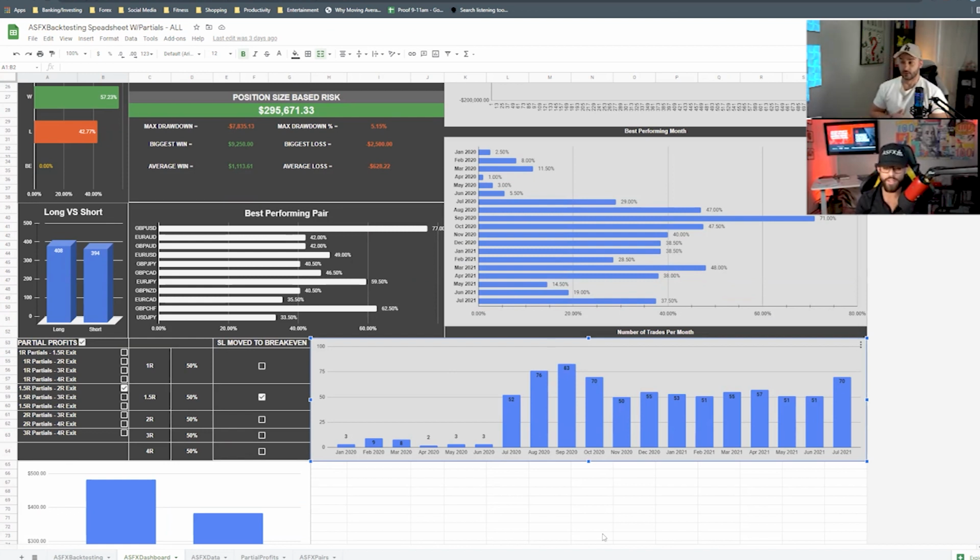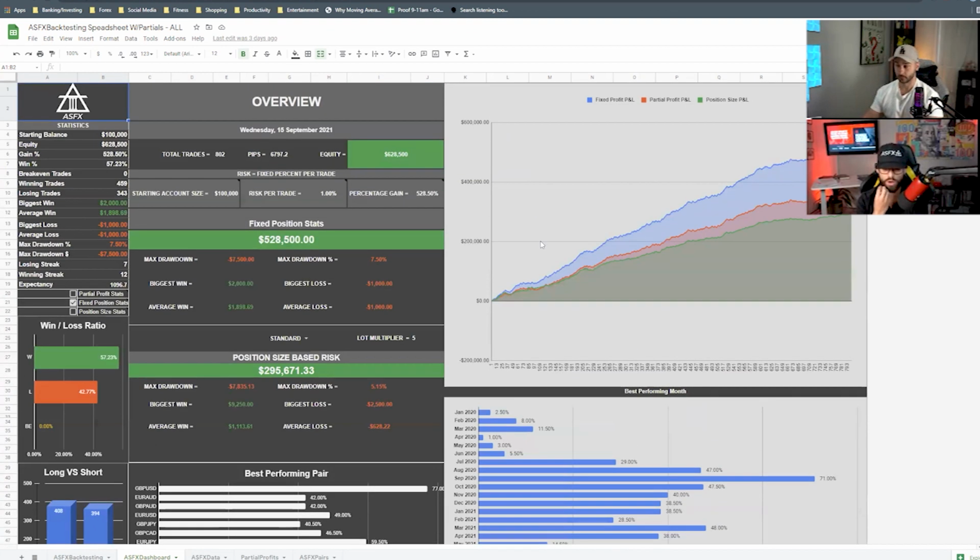Before you go into that, though, can you explain and maybe zoom in on the left side of that so we can see what the profit would be? You said it'd be really good. What was the return over the 802 trades? If you are risking 1% per trade, it doesn't really matter what account size, you would be returning basically 528% over 1 year. Oh, I see that there. From July to July. Got it. With a 7.5% drawdown, 57.23% win rate. Not bad.